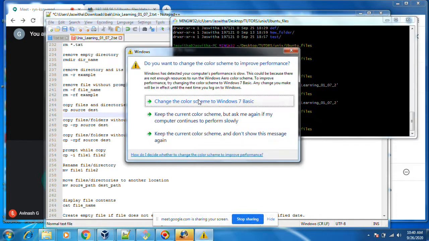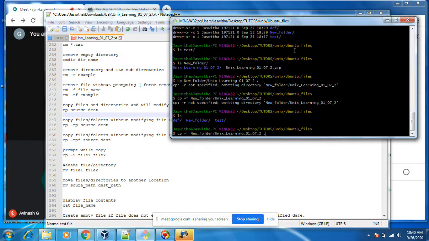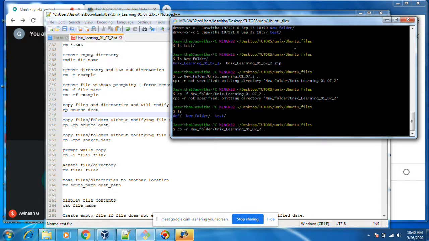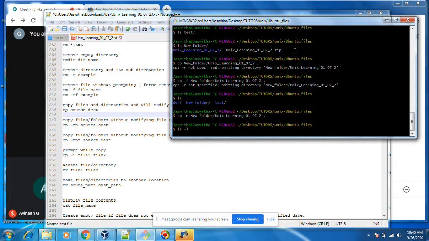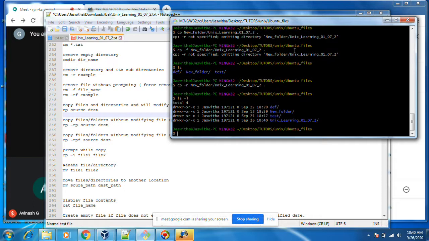Oh, cp -f I did. Sorry, I need to give cp -r. For directory copying, you need to do cp -r. For a file, you need to do cp also. See that Unix directory came instead of this.